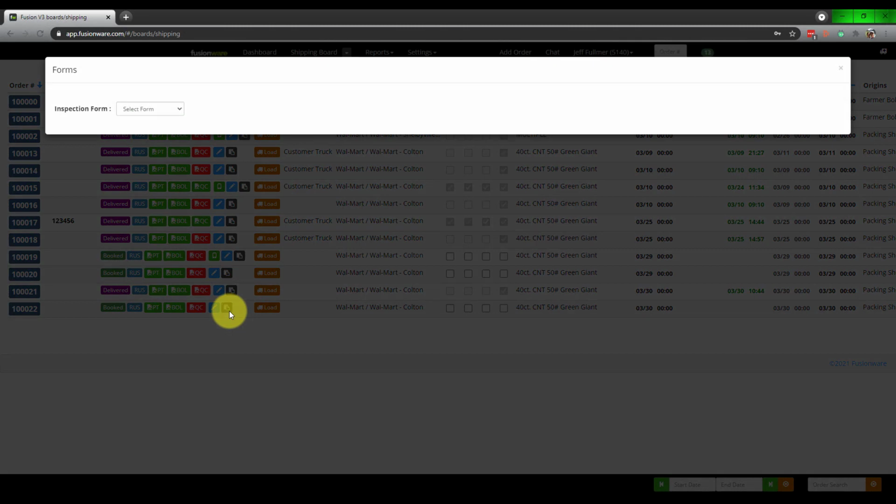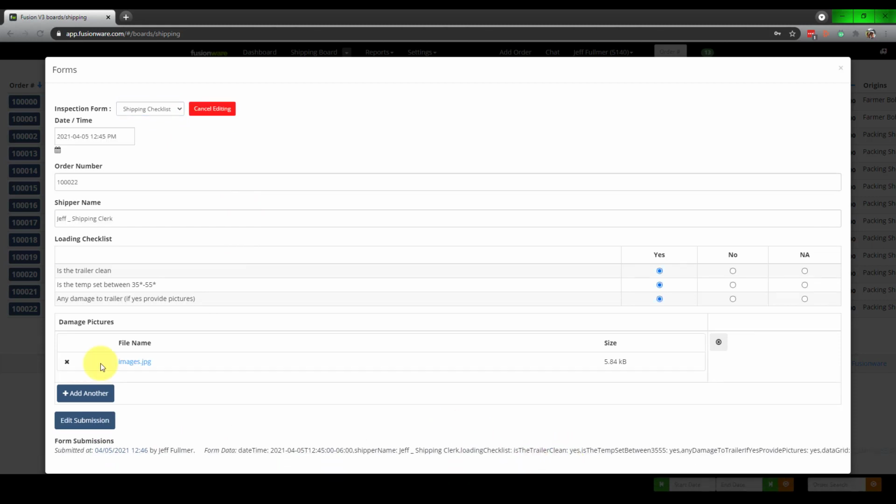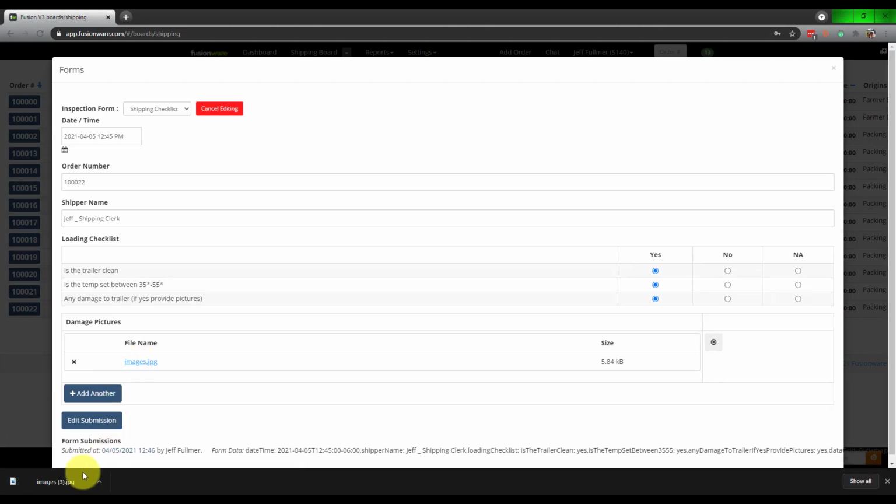I can go back into that form and view it and what was filled out. You can see down at the bottom, form submission. I can click on this and now you can see everything populates back in. I can click on this. It will either download it